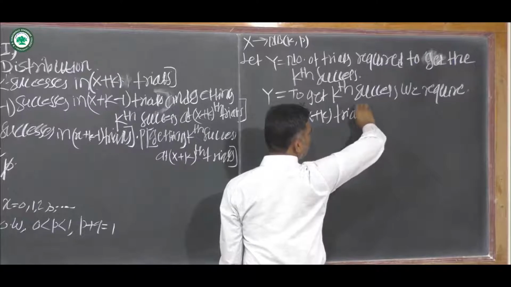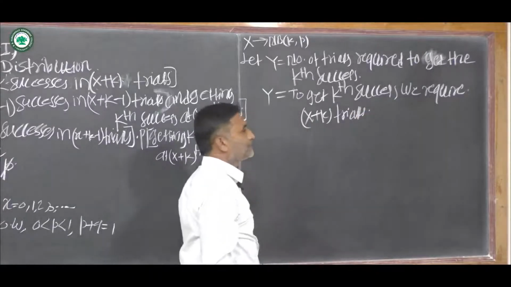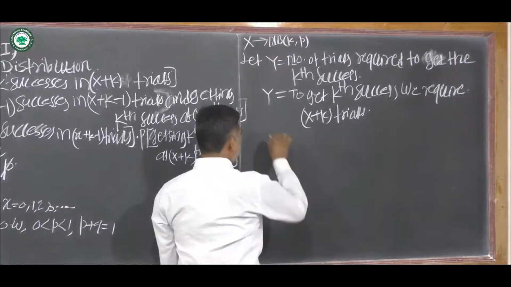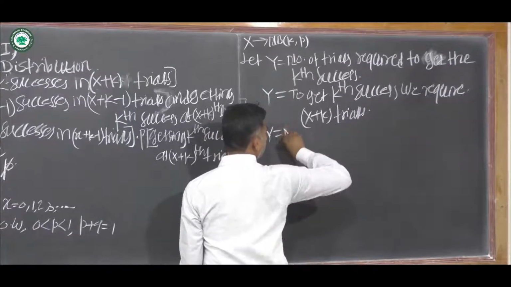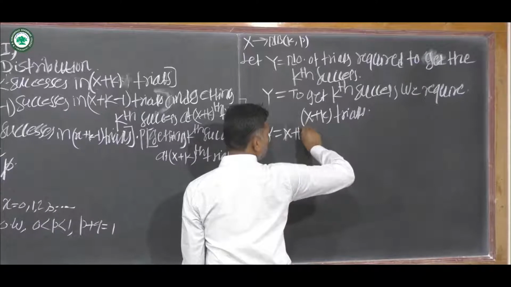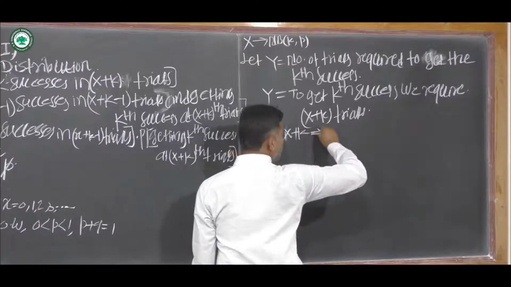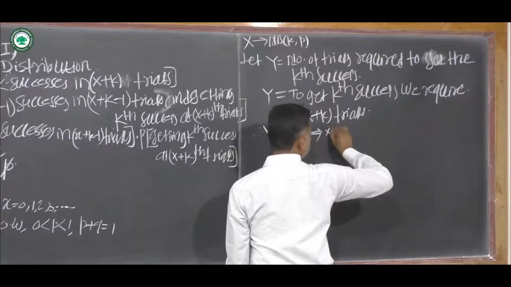We require x plus k trials. Okay. Therefore, y is equal to x plus k. This implies that x is equal to